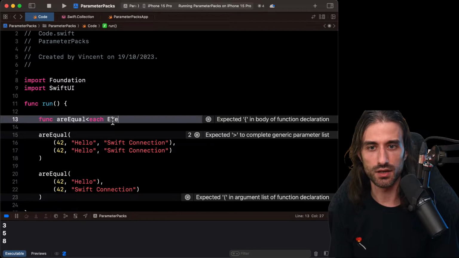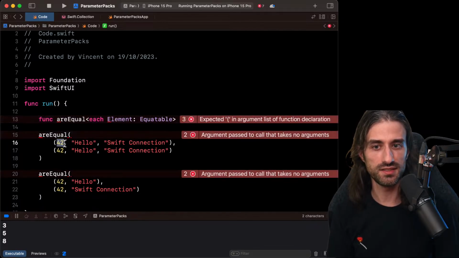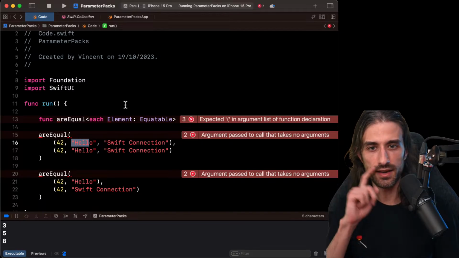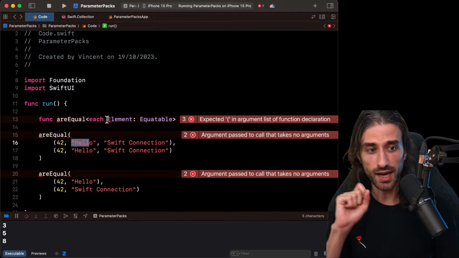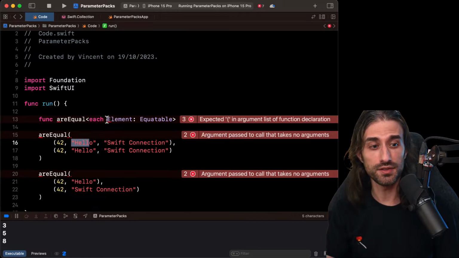I'm going to call it element just to change a bit. And this time I have a requirement which is that each element must be equatable. So it works because int is equatable and so is string. And notice that what is really great with this syntax is that each type needs to be equatable, but you can have different types, which would be very different if you hadn't been using a parameter pack.